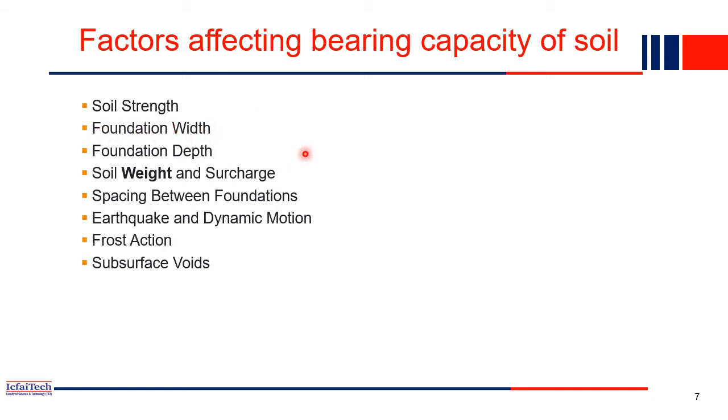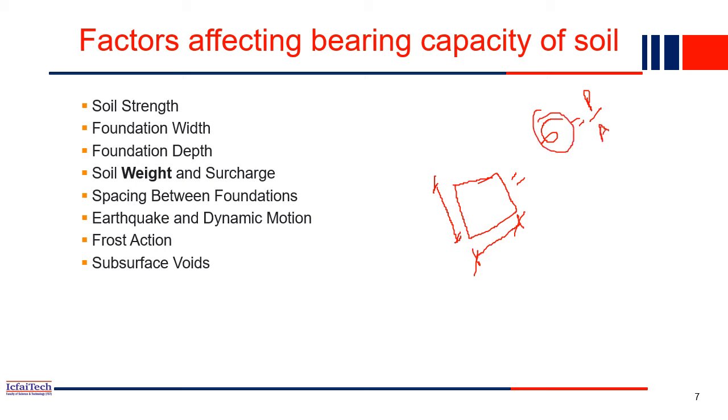Now foundation width. So if the foundation width is very small, for example, this is the plan of the foundation, right? So this is a rectangular or square type foundation. If this width is very small, or maybe this entire foundation area is very small, what will happen? Although you have good bearing capacity of the surrounding soil, the stress will increase. Why? What is the definition of stress? Stress sigma is equal to force by cross-sectional area, right? So that is the definition of a stress.